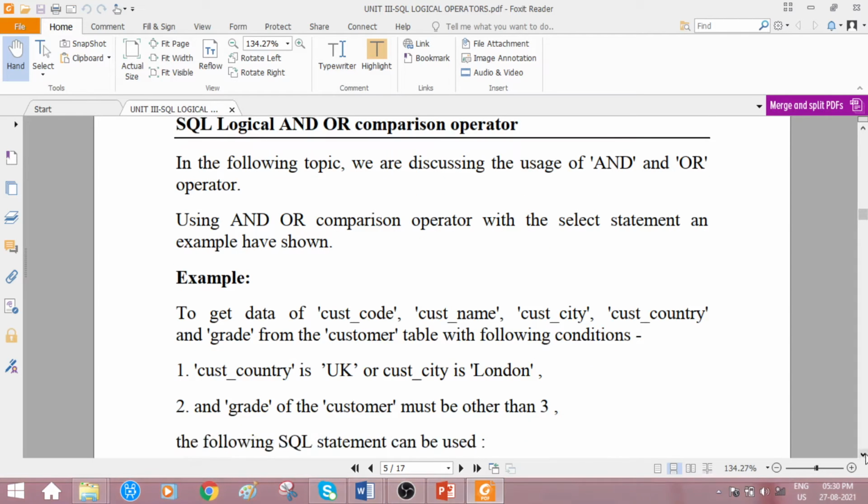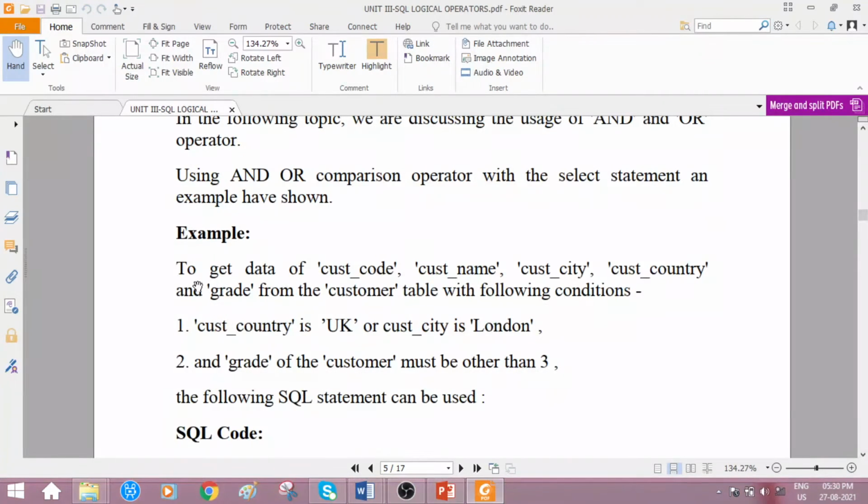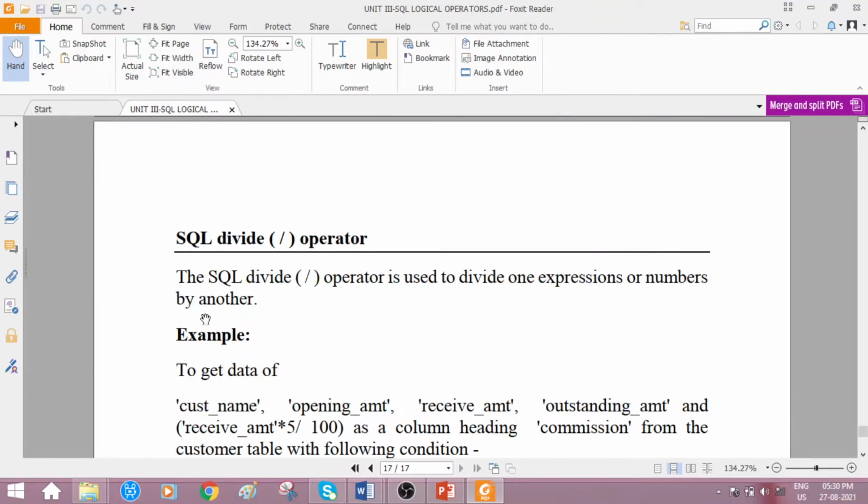There is an instance given: in which situation what type of data is required and how we can make use of these two. To get data of customer code, customer name, customer city, customer country and grade from which table? Customer table, with the following conditions. Which conditions are you observing? Two conditions.